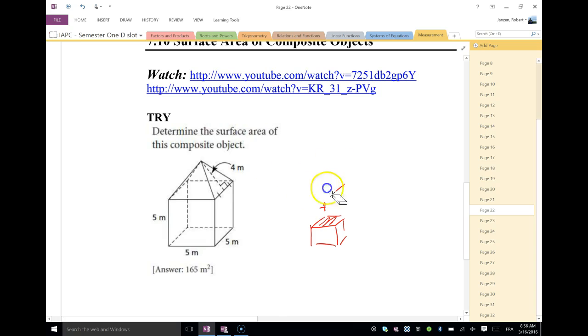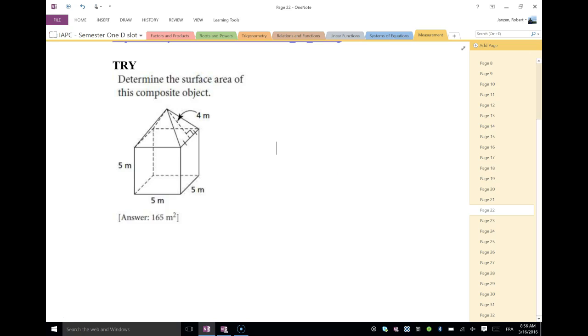I think, again, we're better off looking at this in terms of a bunch of different faces and trying to find the area of each of the faces. So let's take a look at this triangle right here. I'm going to draw it over here, and let's take a look at its measurements. All right. I know that the base of this triangle is 5 meters. And I know that the height of this triangle